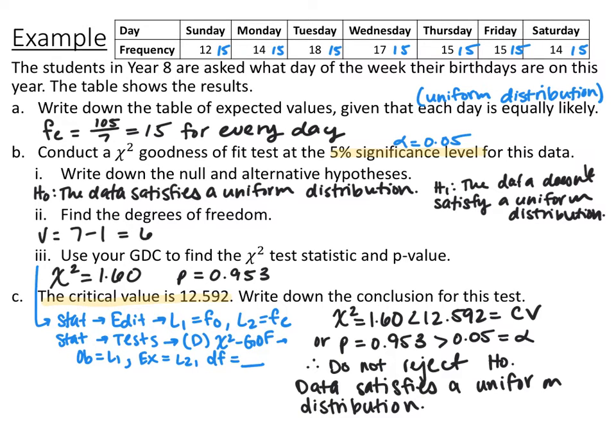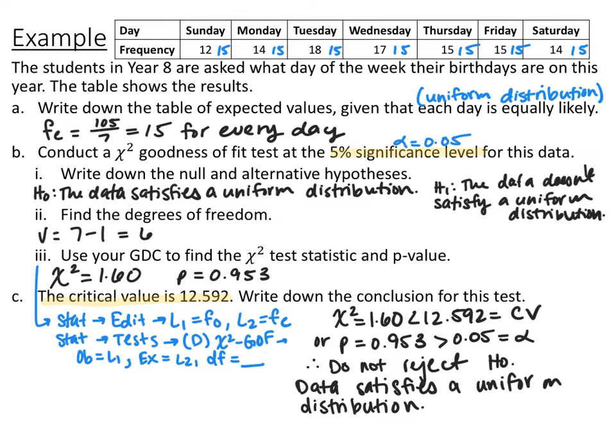So using the same rules that we had from section 8.2, we have our chi-squared value is 1.6, which is smaller than our critical value, 12.592. Or you can look at the p-value compared to the alpha level. So the p-value is 0.953, and that's greater than the alpha level of 0.05. So because your p-value is greater than your alpha, we do not reject our null hypothesis, or IB accepts, we